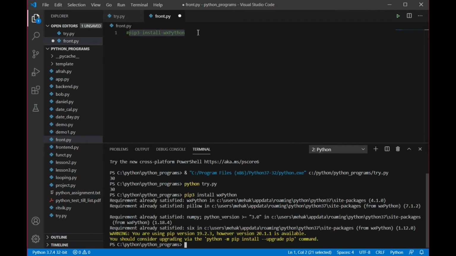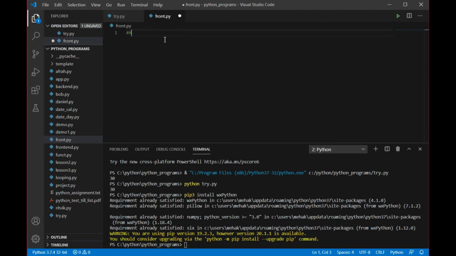But if it is going to give you any kind of error, then I am going to give the solution for that, the possible error that could come, right? It is going to give me the error and I'm going to ignore this error and work with wxPython. But in case it gives you the error, then what you can do, I'm writing this as a comment. You need that while installing on your system.